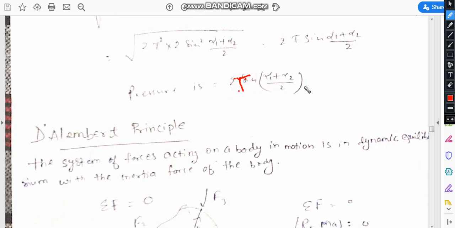Okay, sin of (alpha 1 plus alpha 2) by 2. Now our last topic is D'Alembert's principle. Okay, so D'Alembert's principle is a very important topic. In order to understand what D'Alembert's principle is, the basic concept is that